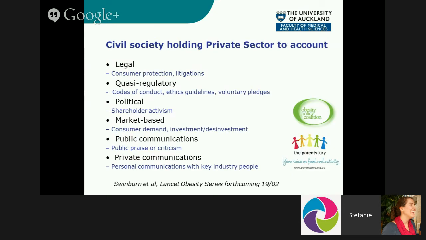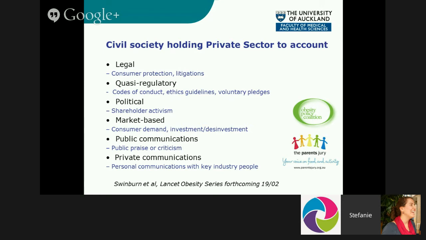In terms of civil society holding the private sector to account, theoretically, of course, the most powerful lever would be buying healthy foods and not buying unhealthy foods, but in practice, it's the industry that shapes preferences and drives demand. So in practice, the main levers that have been used are, for example, shareholder advocacy, also public communication through the media, like naming and shaming good or bad practices of the food industry,